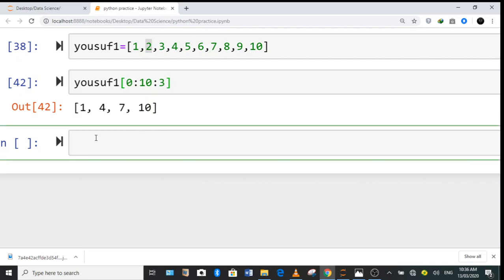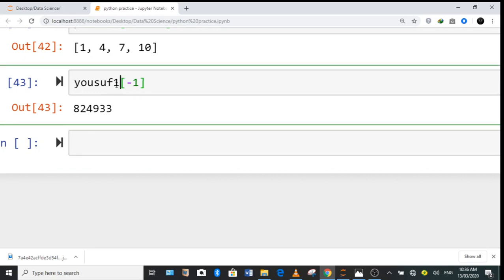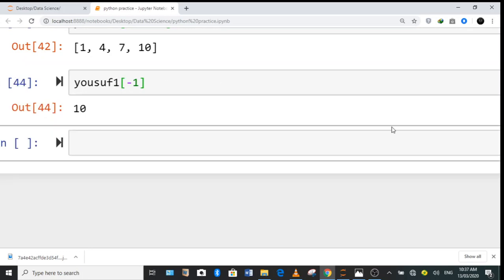And what if I want to get the last value? Let me have a check at this. I took the wrong variable. Okay,